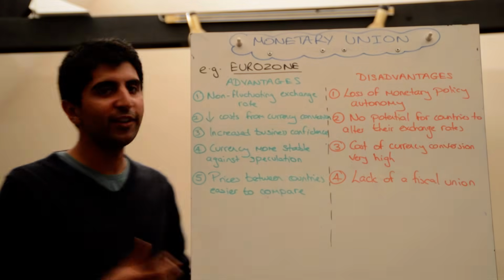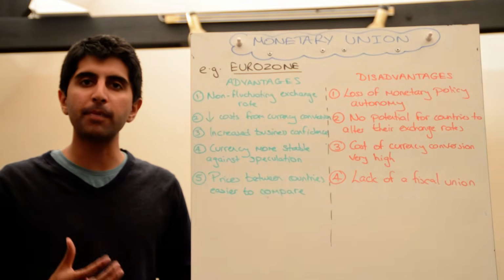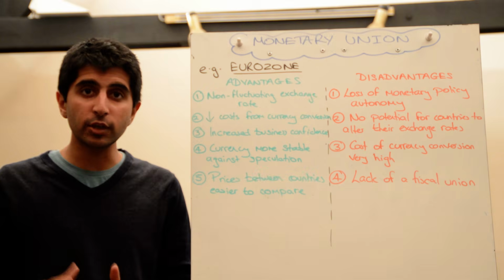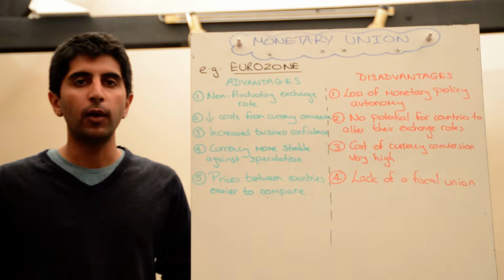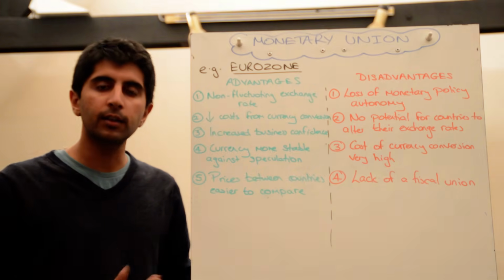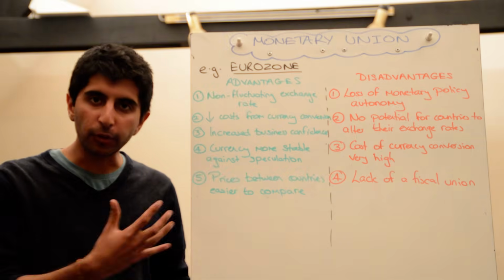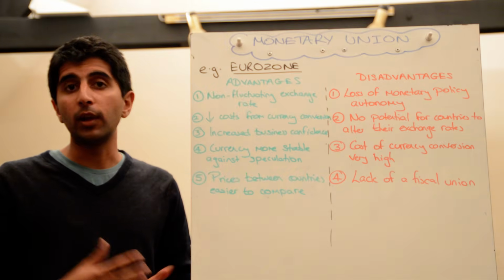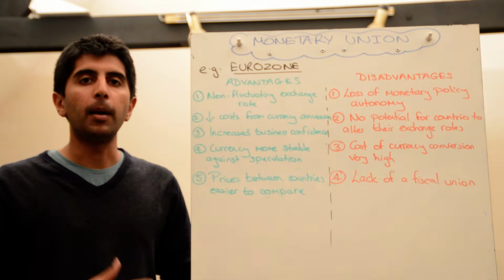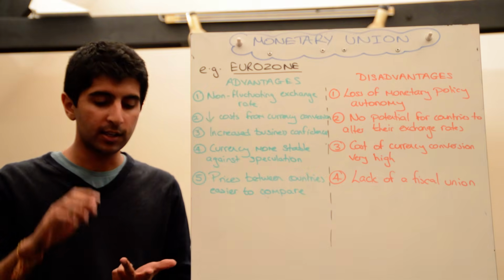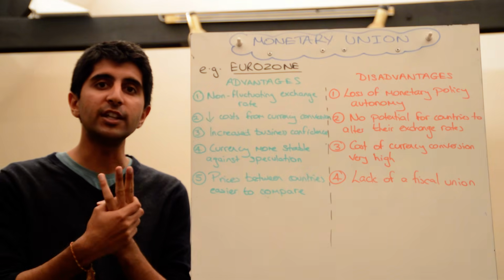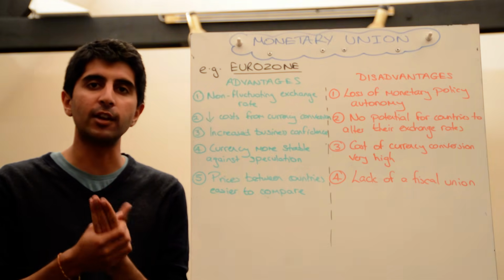Hi everybody, in this video we're going to focus on the pros and cons of being part of a monetary union. Remember what a monetary union is? It's when nations join together and form a trading bloc where they agree to trade freely between themselves, to adopt common external barriers against non-member nations, the imports coming in from those countries, to allow for free movement of labour, of capital, businesses, but also to adopt the same currency, to adopt the same central bank, and to adopt the same monetary policy. Those three features are distinct features of monetary union.